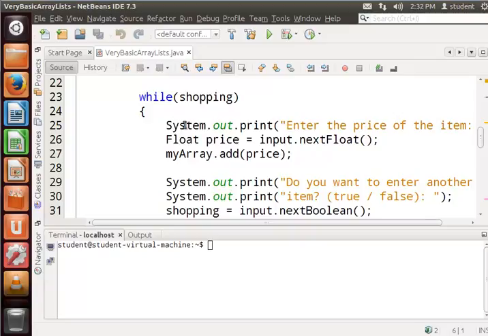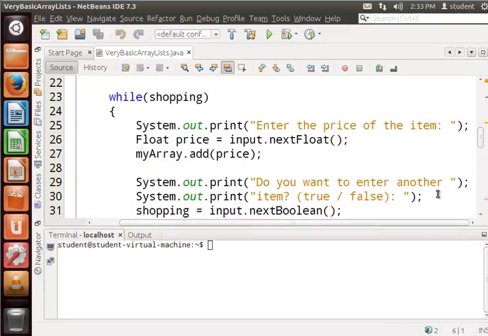Open curly brace here, System.out.print("Enter the price of the item"); and then we're going to say float price = input.nextFloat(); and array.add(price); and System.out.print("Do you want to enter another");